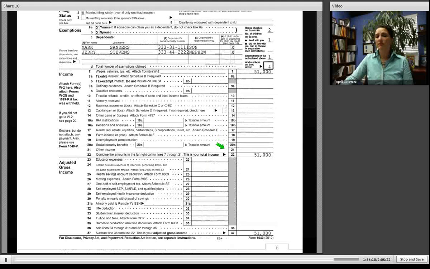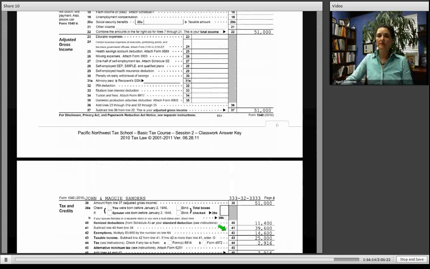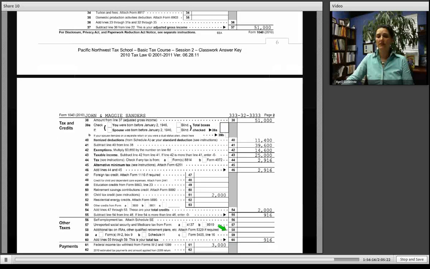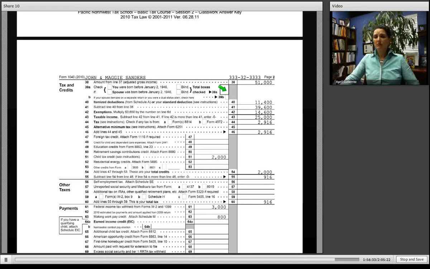Income is wage only. We've totaled up the 2 W-2s, and we get $51,000. Couldn't be simpler than this. We just go down to line 37, carry it over to line 38. The Sanders are going to claim the standard deduction. If they're a married couple, that's $11,400. Neither of them are age 65 or older or blind. We then subtract